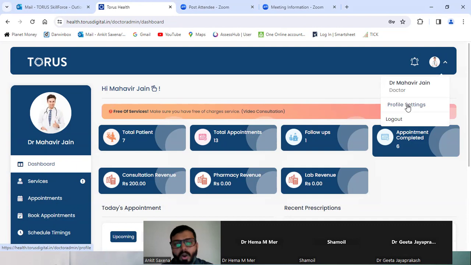Okay, or alternatively, you can also click on the left hand side. Can you see your name written? So you will find your name written on the left hand side as well, if you can follow my cursor. Okay, so on the left hand side you will find your name written, and above that you will find a dummy photo. You can click on that photo and you will be able to see the profile there. Okay, so either way you can open the profile settings.